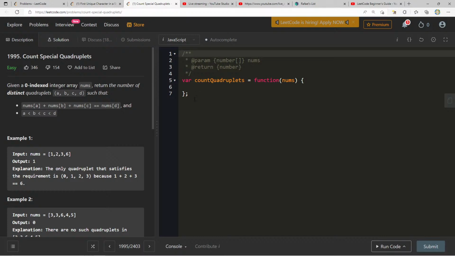Normally I wouldn't use var myself, but I'm guessing they're doing this in case you're on a very old browser, or maybe they don't have the right bundler to be able to bundle newer code. I think this is just the most compatible way of doing it. Yeah, if it was me, I would probably just use